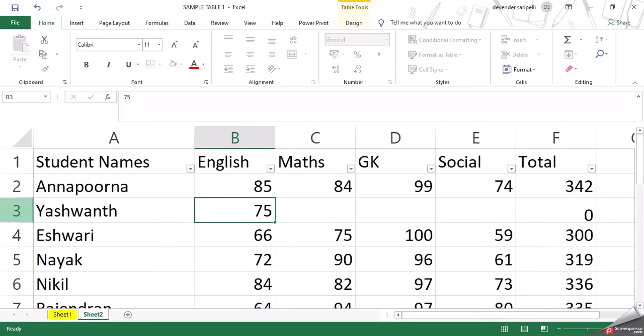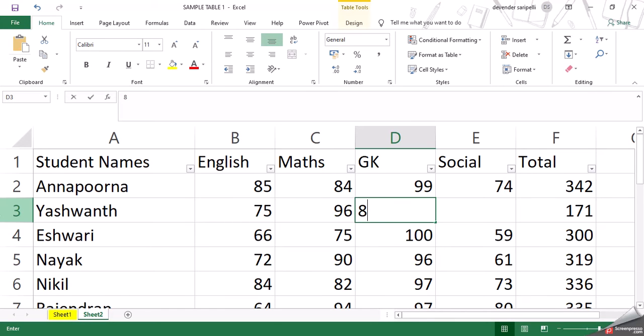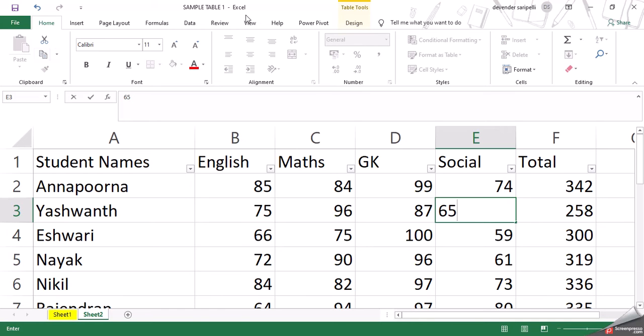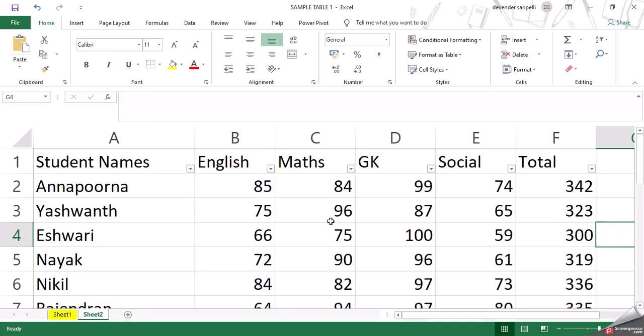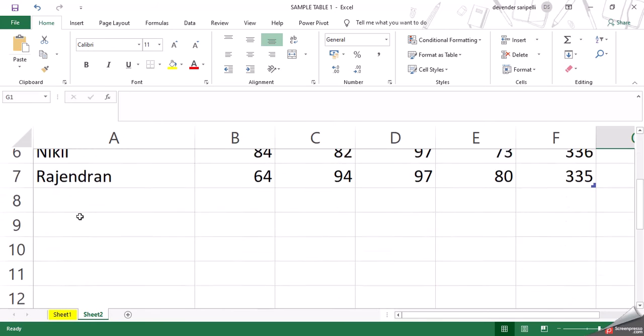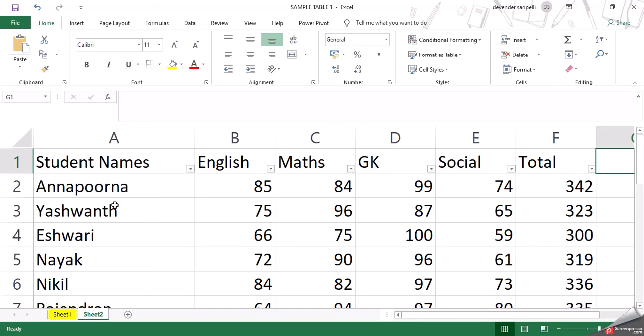Observe, the total is automatically changing as I enter the values. You'll see calculations and functions in Excel in future videos. So I have inserted a row and used it to enter the marks of a student.